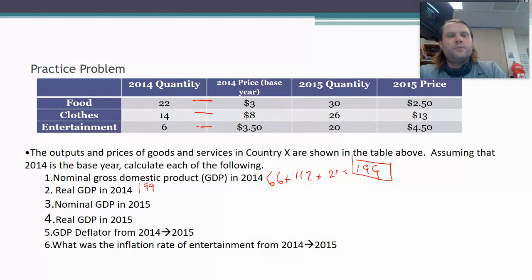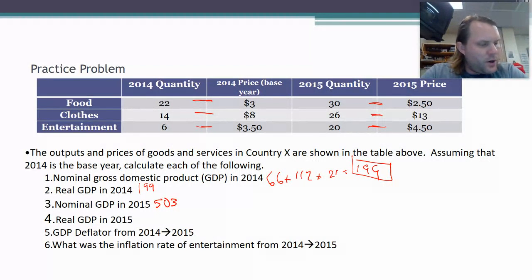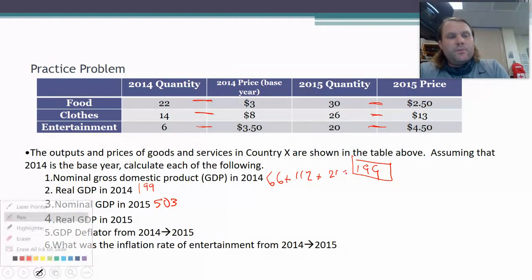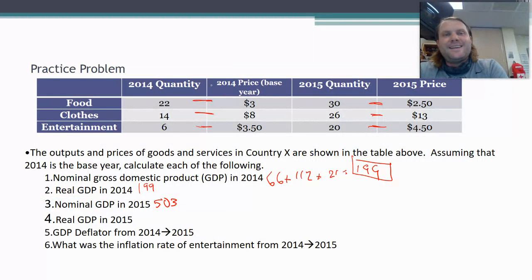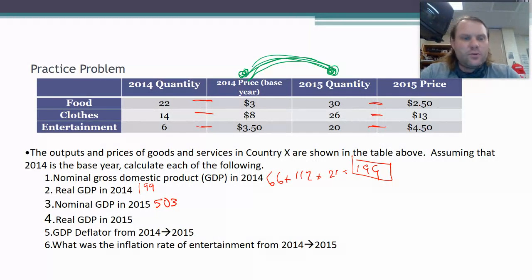All right, for 2015, nominal GDP is easy to find. That's not the one that people screw up. We've got 30 times 250, etc. I'm going to end up with 503 in this case. You can check your math there. For my real GDP, this is where people get messed up sometimes: I've got to take the price from 2014 and apply it to the quantity from 2015. It's telling me the real story. So for that number, I'm going to end up with